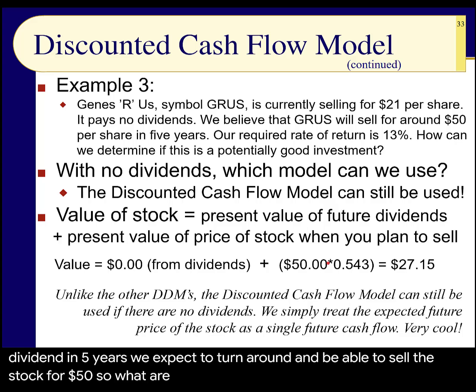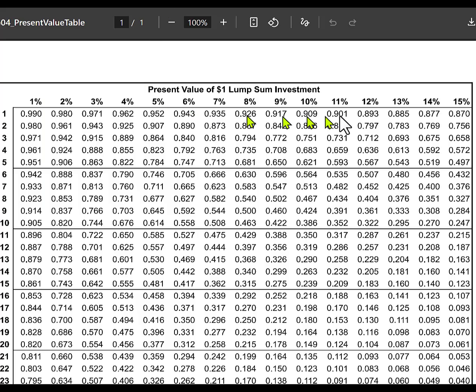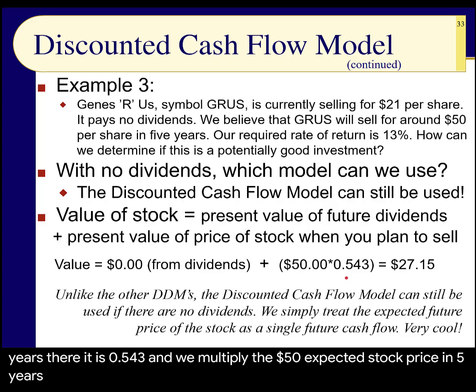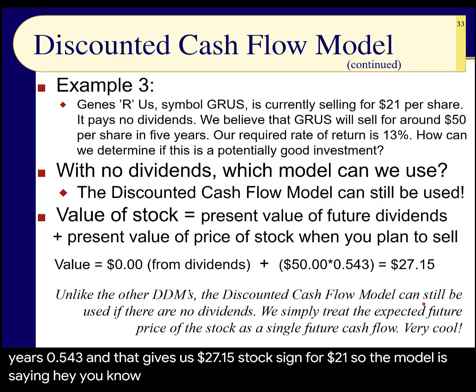So what are we going to do? Our required rate of return is 13%. We're going to run over to 13%, go down to 5 years. There it is, 0.543. And we multiply the $50 expected stock price in 5 years times 0.543. And that gives us $27.15. Stock selling for $21. So the model is saying, hey, it might be a good